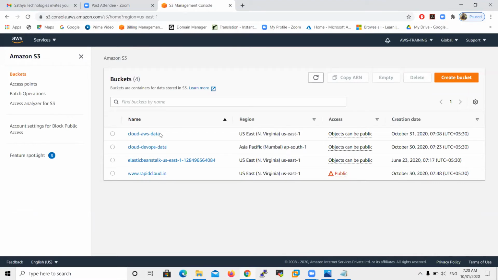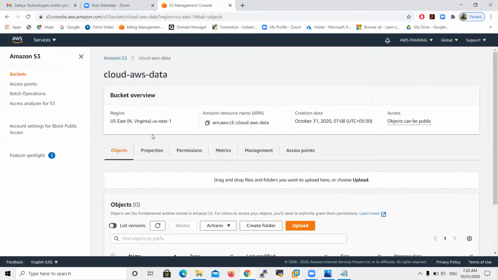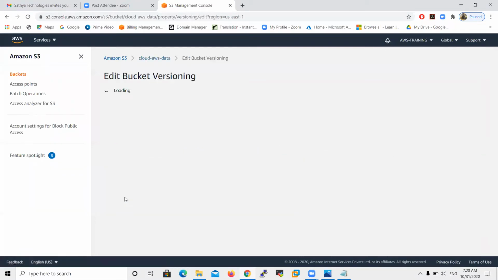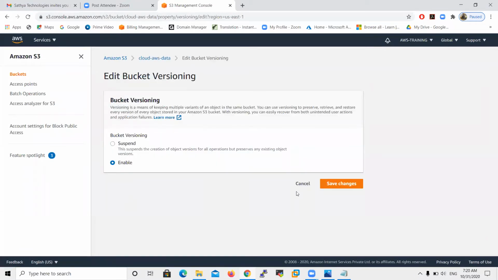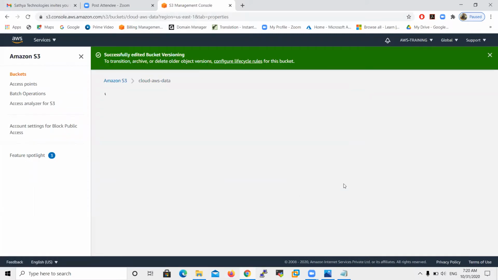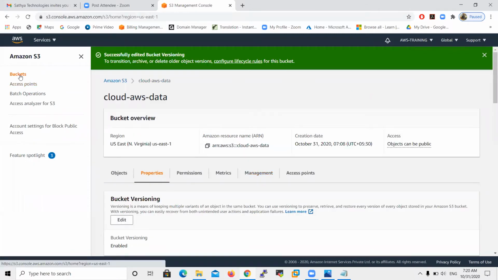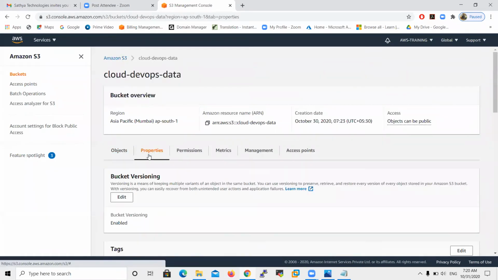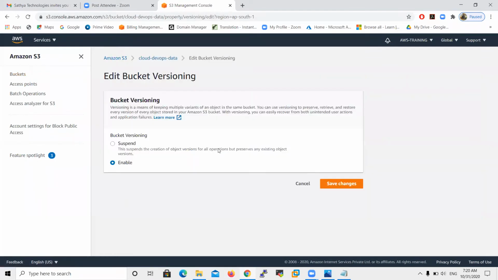But you must enable the versioning feature on each bucket. Here the bucket versioning is already enabled; otherwise, there is an enable option, then you can save changes. So under properties, just enable versioning.